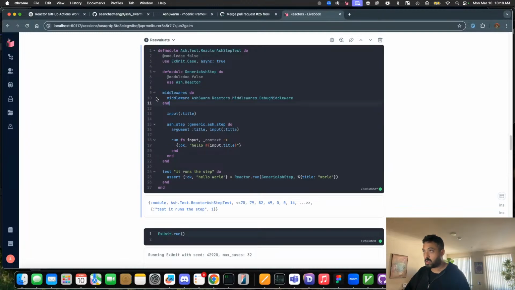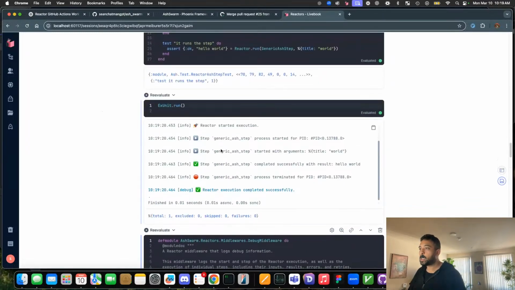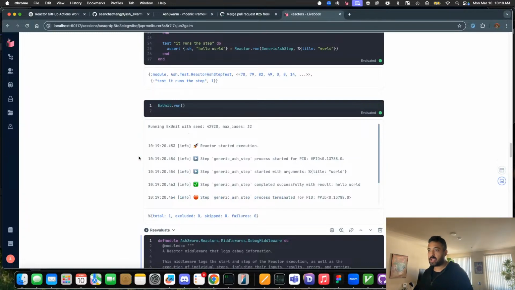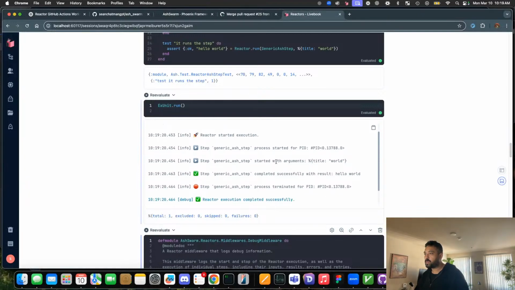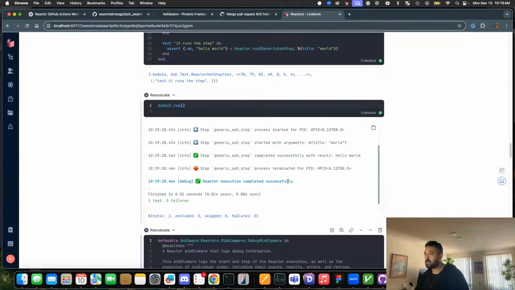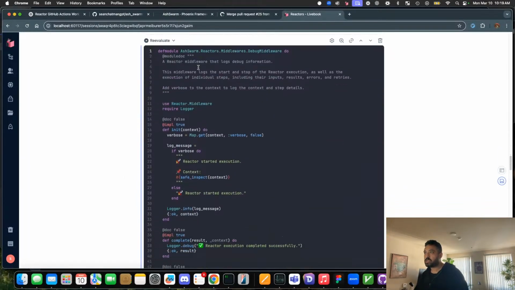Yeah. So what the middleware does, if it works, okay, perfect. Now we can see it highlights what's actually going on, right? The reactor started, we started the step, it has the arguments, it completed successfully, terminated, completed successfully, there we go. And just to look at what the debug middleware is,